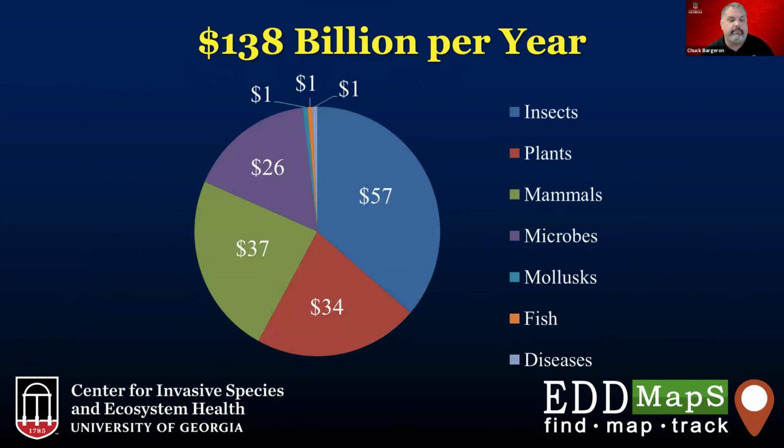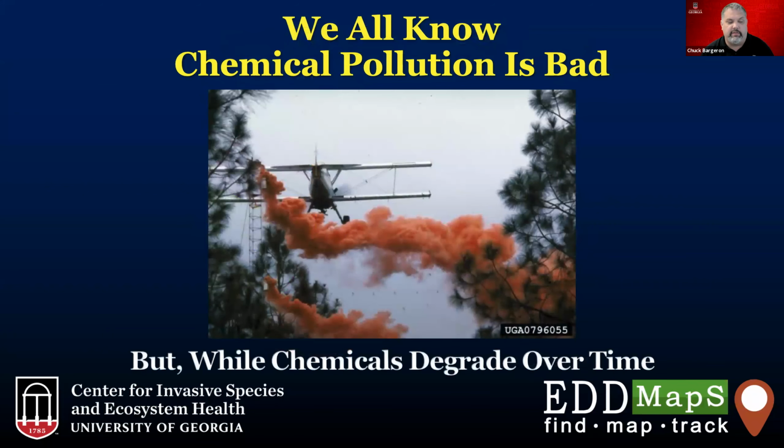And this isn't some old data, but it's some of the best data that we have in terms of the cost of invasive species. Even though it's not perfect, it's still the best work that's been done on what the annual cost of invasive species is. As I go through and talk about some of these problems, I'm going to break them up into these groups of insects and diseases, as well as plants, and then some of the wildlife issues as well. So keep that in mind. But as you can see, it's a good mix of split between the different groups.